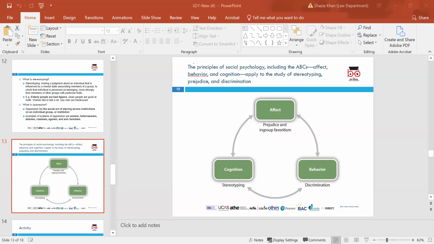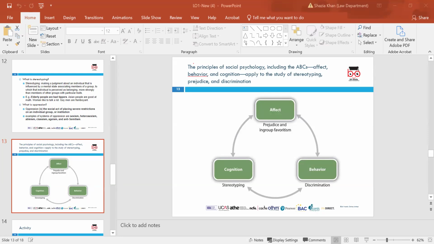The behavior is what we actually do in regards to discrimination. When we look at the behavior on the cycle, the elements of that, in regards to how our social psychological behavior affects what we do to implement this behavior. This cycle identifies the elements of that. So our behavior is what our feelings are, what we do, how we behave towards it, our interactions with it. We look at what we do, what our behavior is, and why we do these things as well.